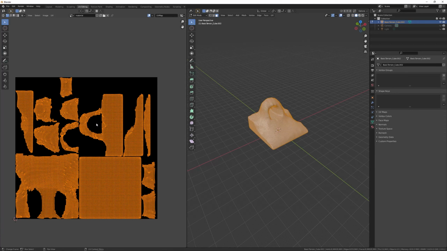So this is what I mean when I talked about being sloppy with your UV maps. If this was a game asset, there's a lot of unused room in this texture map, and you could start fiddling around and trying to make this utilize the map as well as possible. Instead, I just tend to go to a maybe unnecessarily high resolution texture map like 4K. Because this is not actually going to be used in the game.